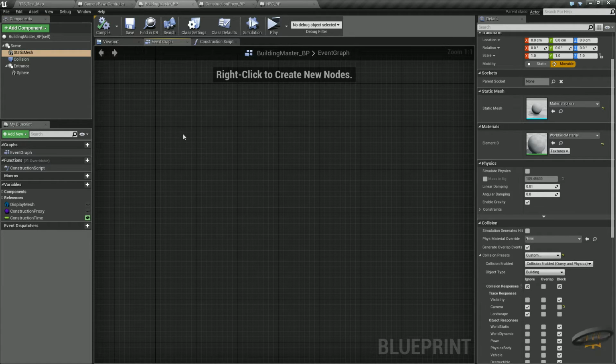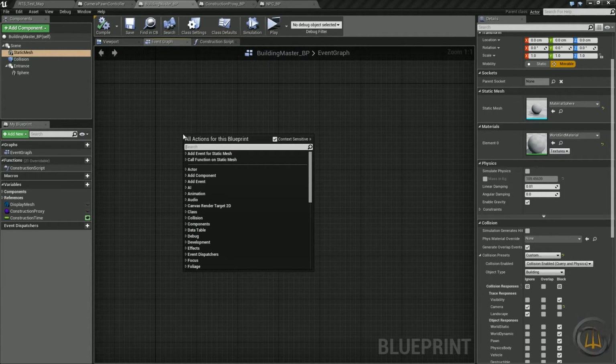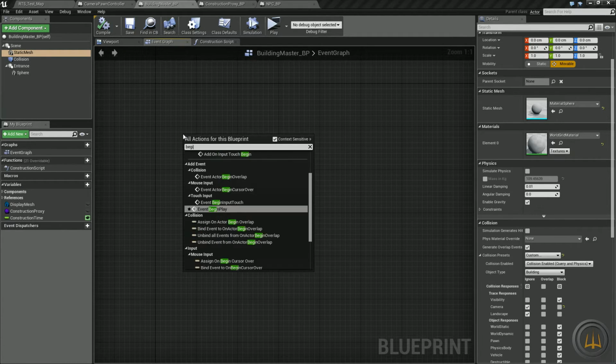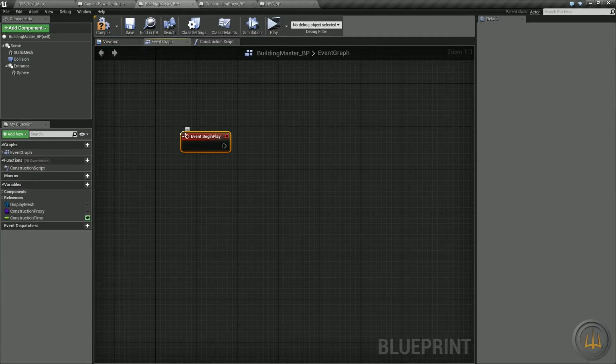All right, so let's go ahead and drop in. We haven't really done anything with our building master BP here. So let's go ahead and do a begin play. And in the begin play, we need to get our references. What do we have for reference? Well, we got the camera or the controller reference. I'm not quite sure where we set this at. I thought we set this when we spawned the building master, but we're going to set it here in